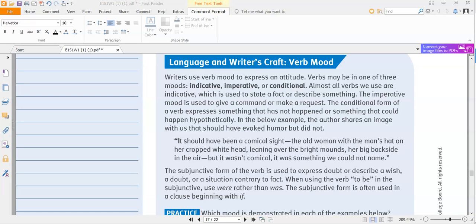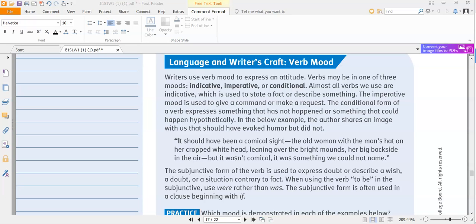Hi girls! Today we're going to talk about Activity 1.5 for Week 1 of English 1 Semester 1. So we're going to be moving on to the second part, Language and Writer's Craft: Verb Mood. So, writers use verb mood